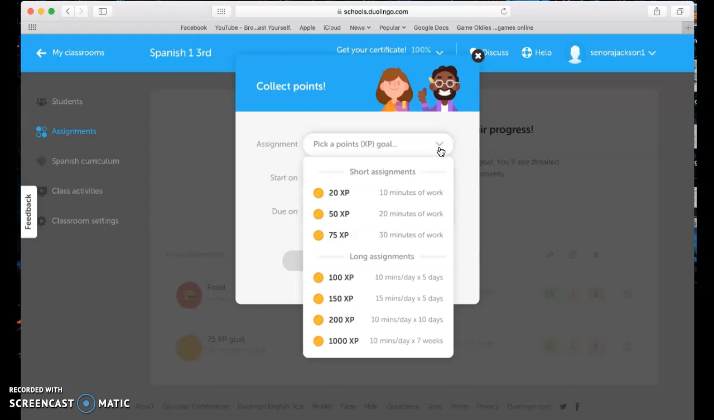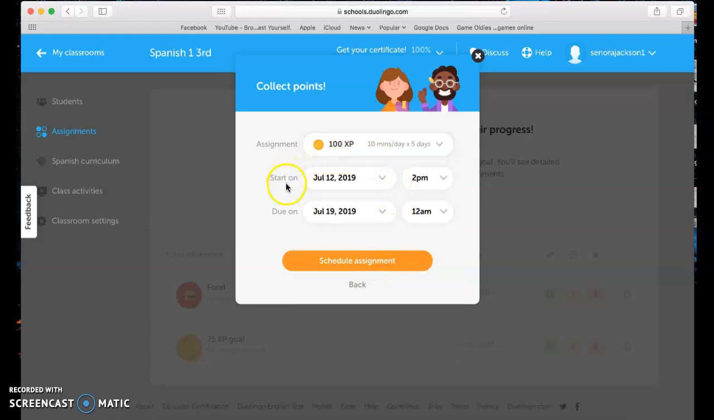And then at the very top, you have a drop-down menu. You have to decide how many points you want students to collect. If you're not familiar with Duolingo, the assignments here give you a good breakdown of short assignments versus long assignments. And then next to however many experience points there are, it tells you how many minutes a day and how many days a student should be practicing to get that amount of points. For typical Spanish 1 classes, I will do 100 XP,